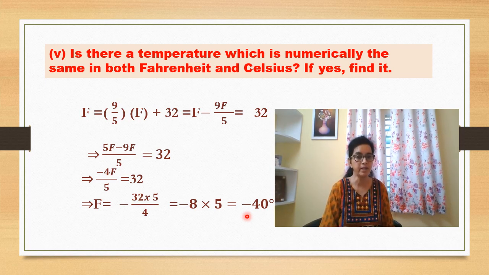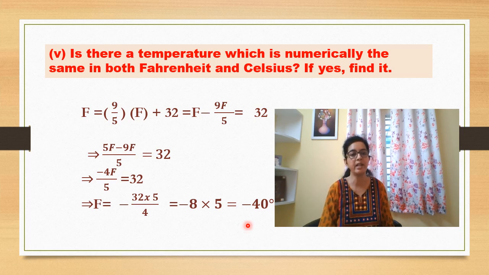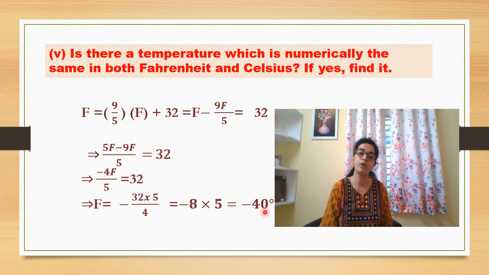F is equal to minus 40 is the value at present of f. And what about c? The sum is already saying that f and c should be equal. We have already replaced c with f. It means whatever will be the value of f will also be the value of c. Both are equal. That is why this part is saying that f is equal to c is equal to minus 40, which we have already plotted in the graph as minus 40, minus 40.